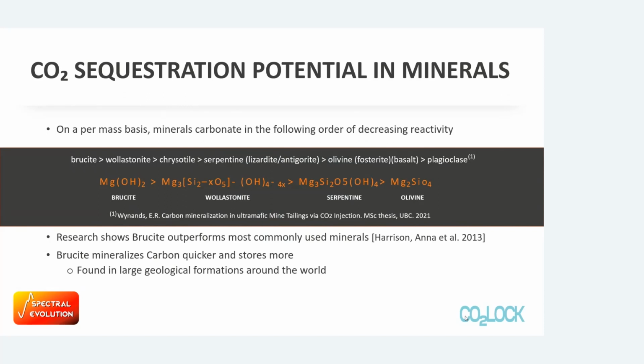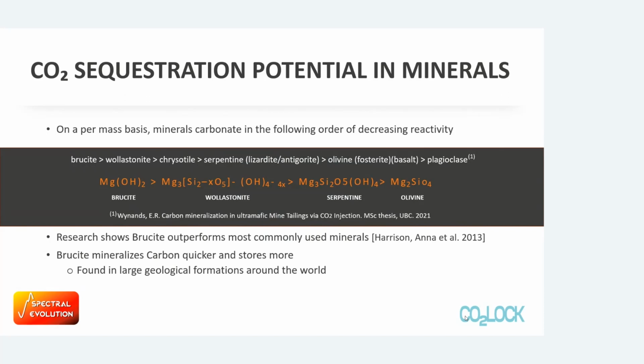Now, the reason why we focused on both brucite and serpentine in this study is because in these brucite-rich serpentinized rocks, serpentine has been found to be the most abundant mineral there. So while it might not have as much potential as brucite, there's still tangible potential just with the sheer amount